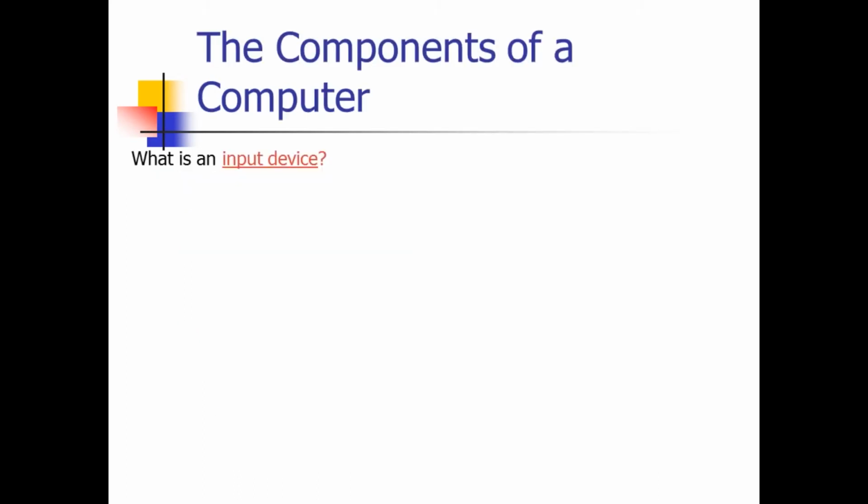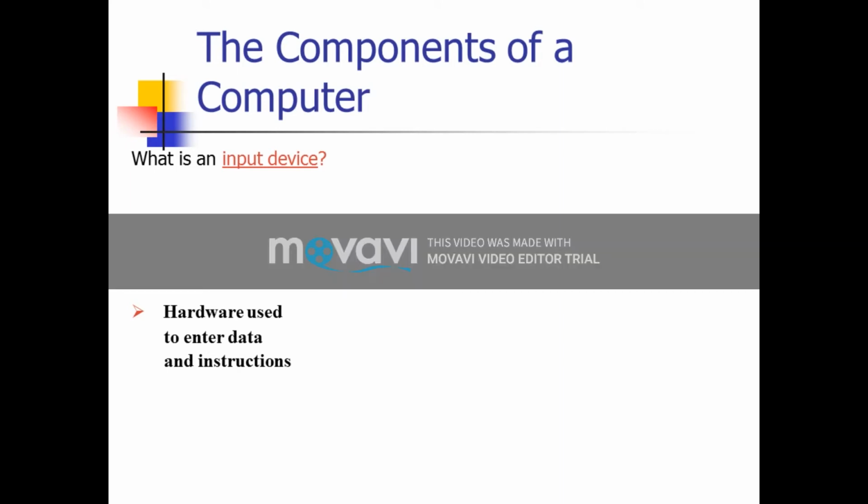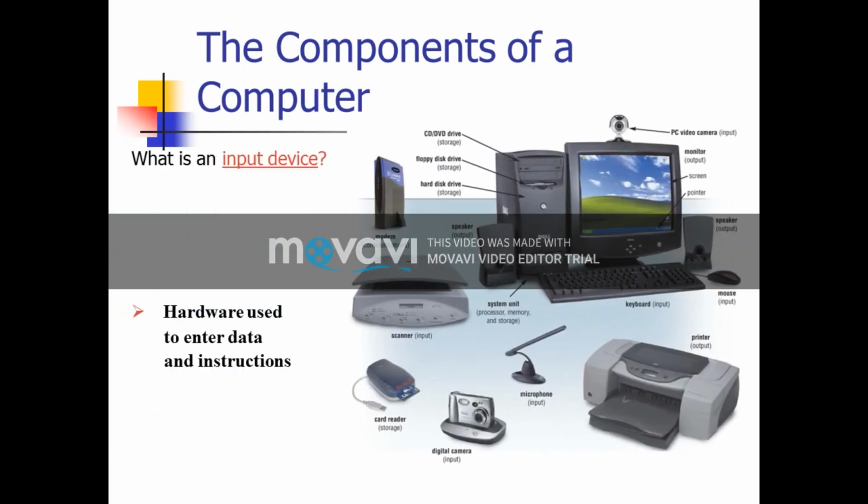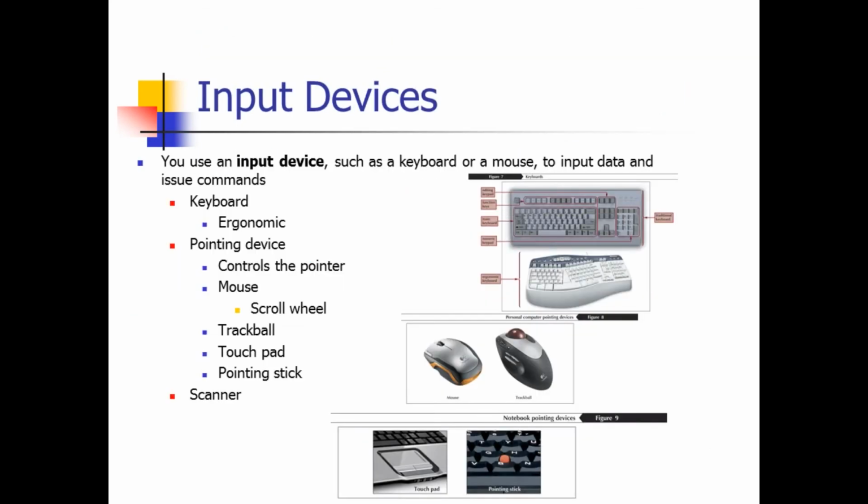What is an input device? An input device is hardware used to enter data and instructions. You can see different types of input devices which are pointed to with the red arrows. The input devices may include the keyboard, pointing devices like the mouse, and the scanner, while the